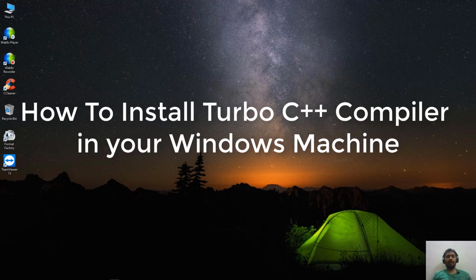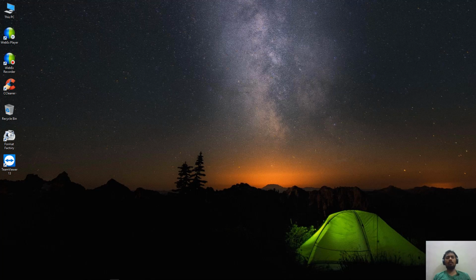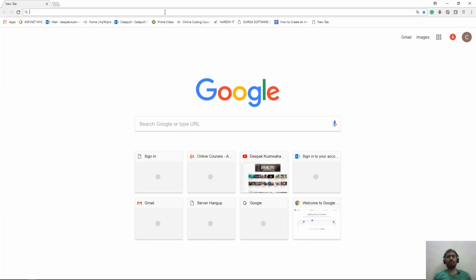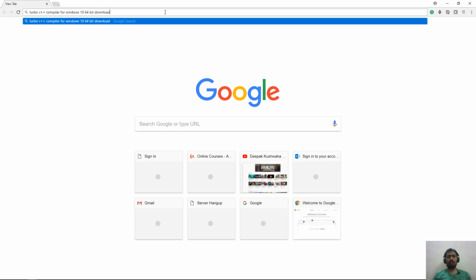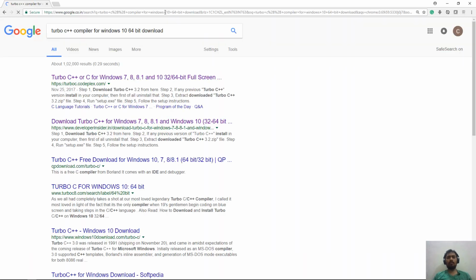Hello everyone, today we are going to install C++ compiler in your Windows machine. So in order to do that, just go to your browser, search for Turbo C++ compiler for Windows 10 64-bit download. Here you will get